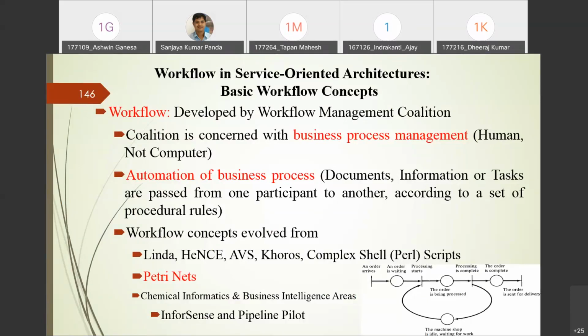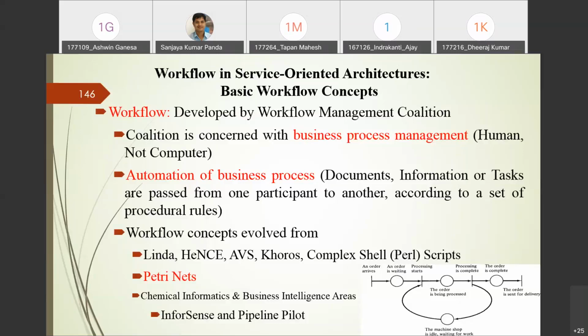So the workflow concept evolved from distributed programming long back. They were using various systems. Some of the systems are called Linda, another is HENCE, another is AVS, another is PORS. So complex cell or POSIX, these are all there in distributed programming.